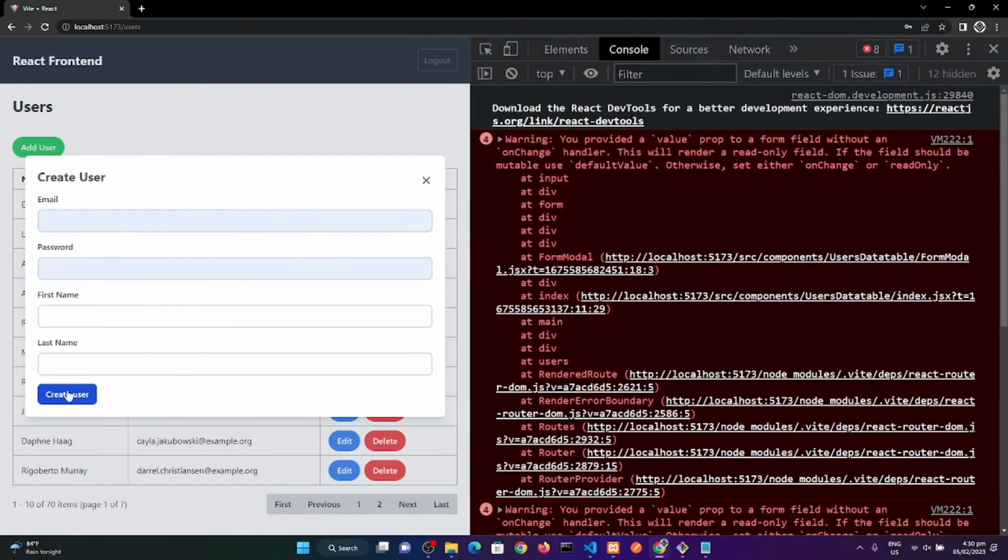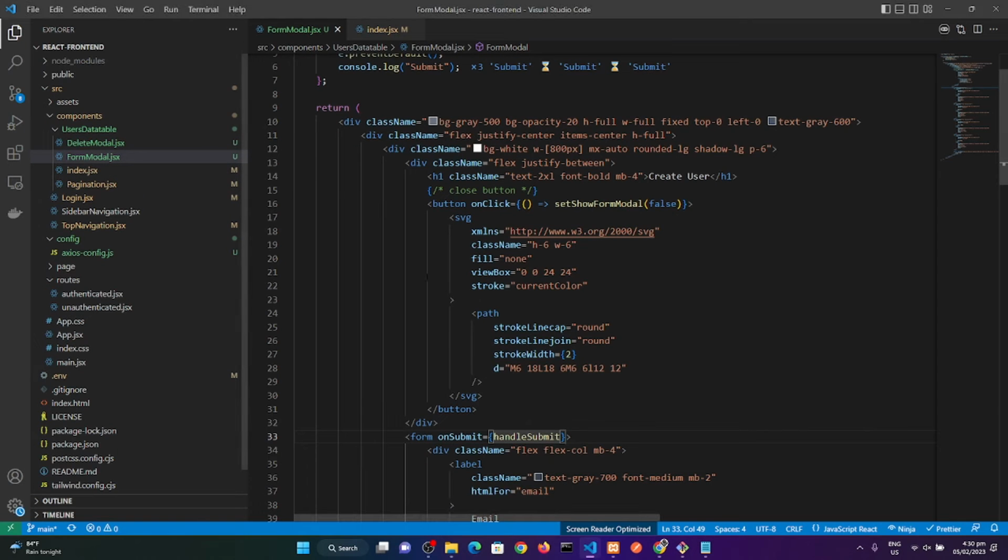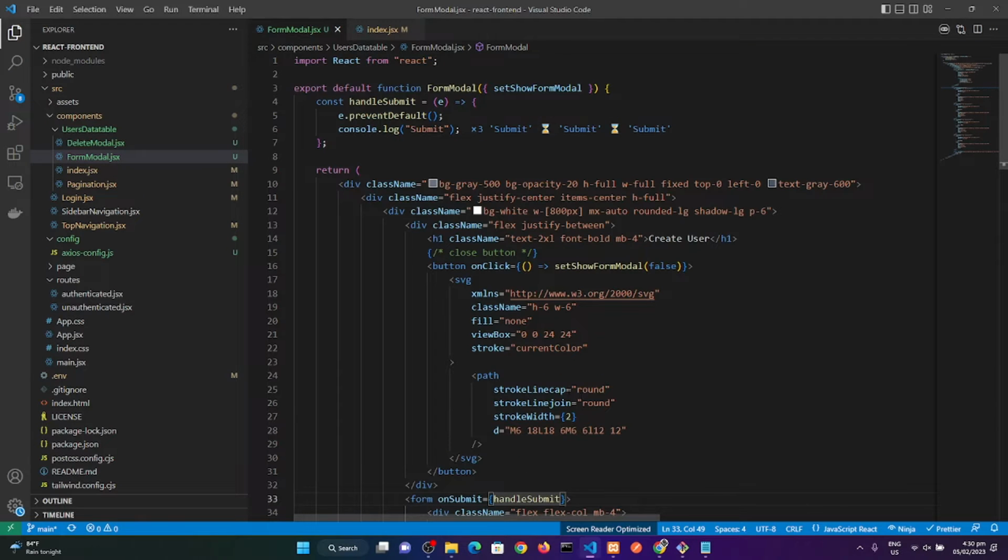Okay, so in the meantime, let's try to remove these errors here. Okay, so that means that when we click the submit button, the handleSubmit fires whatever code is written there. So right now we are just writing the console.log, so that's why we are seeing that on the console tab